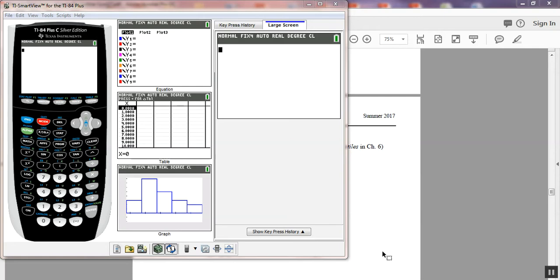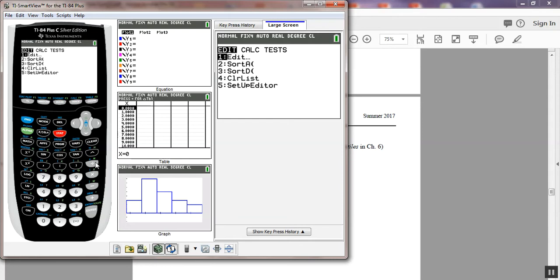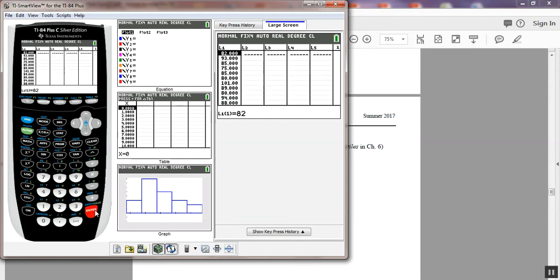We found the mean and the median, two of the key central measures. The one we didn't do is the mode, and I'm going to show you how to possibly do the mode. The calculator doesn't do it quite as smoothly. Again, I'm going to go to stat, and I'm going to show you the data that we have. Again, it's the list 1 IQ data that we entered a while ago. And right here, there's no specific way to find the mode.